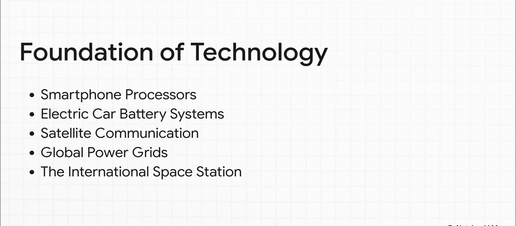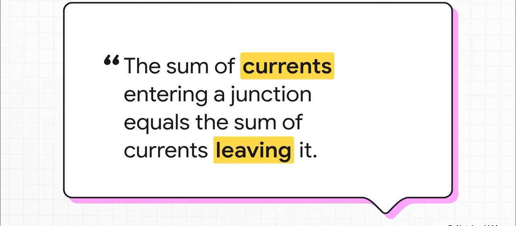The incredibly complex battery systems inside electric cars, the satellites orbiting Earth that give us GPS, the massive power grids that light up our cities, even the electrical systems on the International Space Station. All of it is designed and analyzed using these 2 basic, foundational principles. It really all comes back to this. A profoundly simple observation about flow, that what goes in must come out. That's not just a rule for electricity. It's this fundamental principle of conservation that when you apply it to circuits, literally powers the complex technological world we all live in today. It's kind of amazing. And that leaves us with